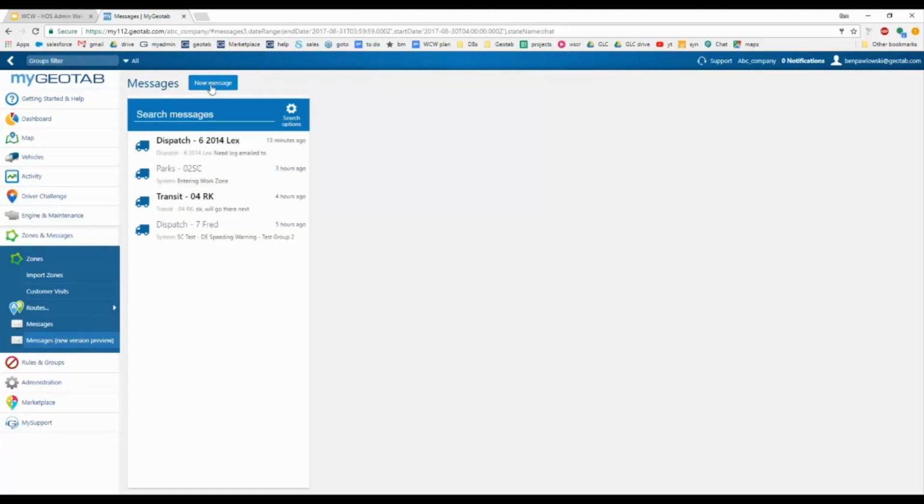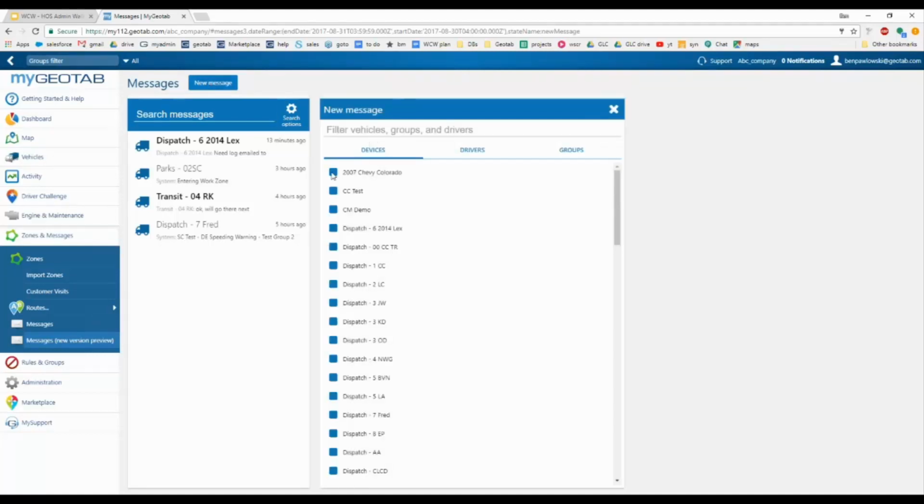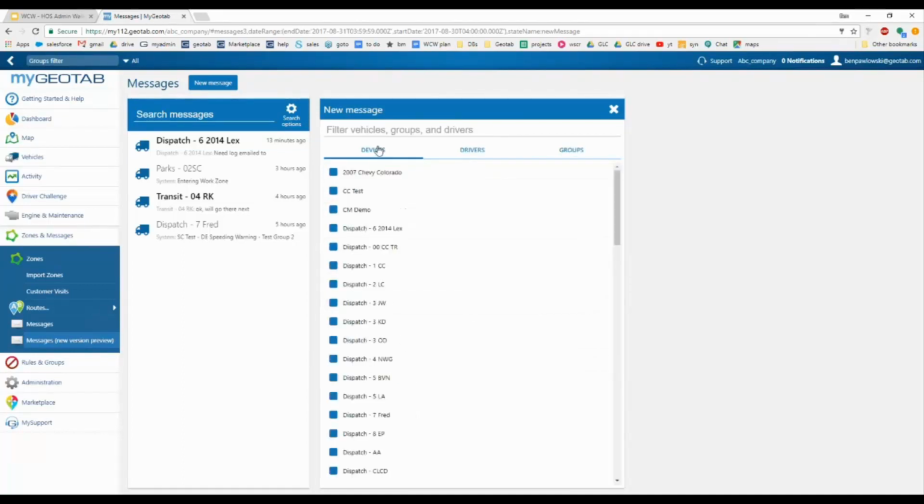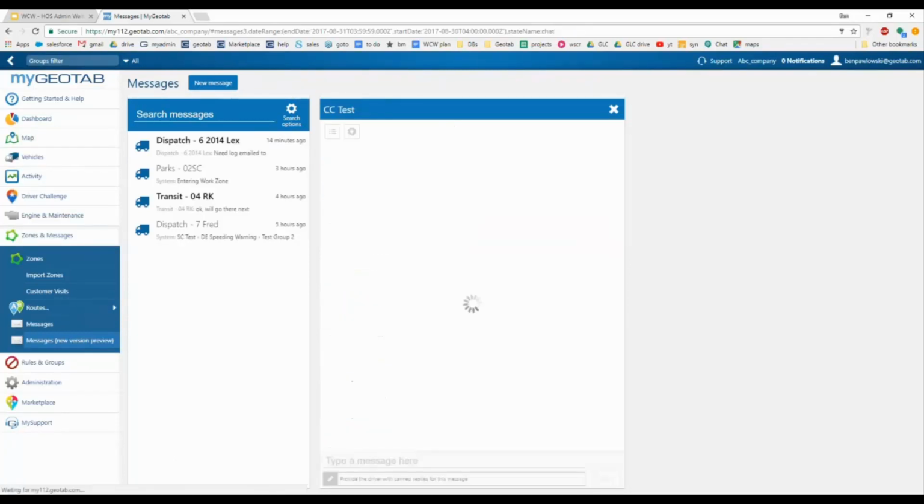When I do a new message, this dialog box is going to pop up. I can choose if I want to send a message to a device, a driver, or to a group. So I'll choose my device here and go to compose message. Here I can type my message. Now I can just hit send,